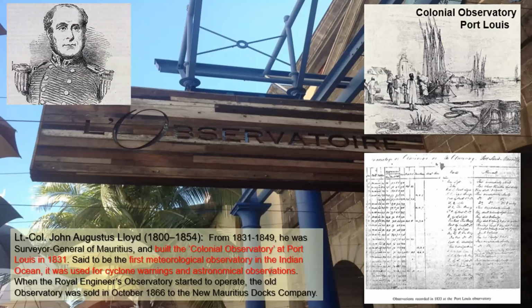The completely blurred and illegible one on the far right-hand panel at the bottom is actually a register of Lloyd's from 1833. You won't be able to read it at all, but I put it in because it was published in 1974, I think, in a publication for one of the anniversaries of the Met Office in Mauritius. It's said to be Colonel Lloyd's register, but we cannot find that register, so we are still looking for it. Those people who did it in 1977 are dead, and so we have to try and see where it went, where it disappeared to.